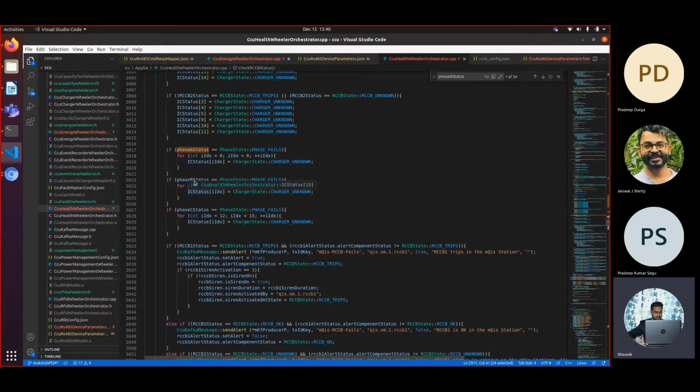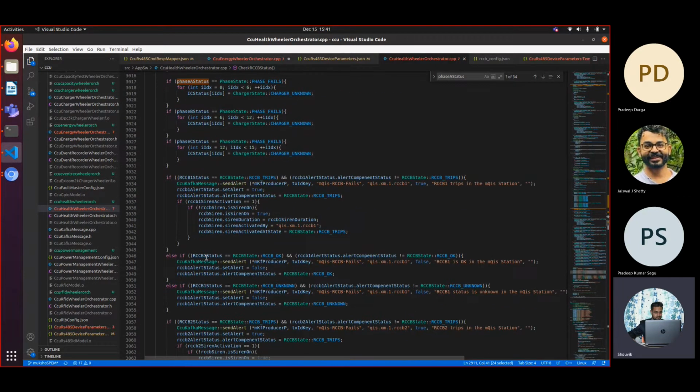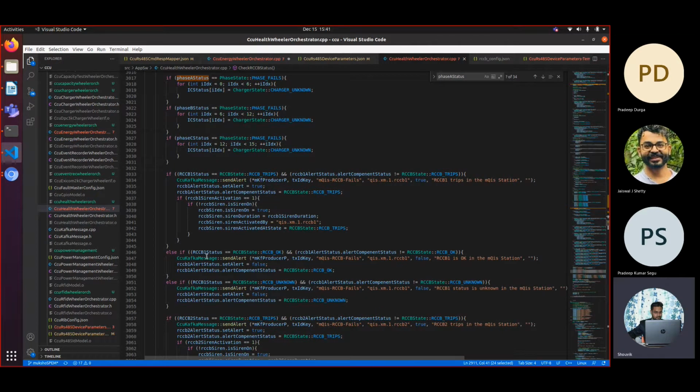In case of phase B, charger numbers 7 to 12 as unknown. And in case of phase C, charger numbers 13, 14, and 15 as unknown. So up to this point we understood the RCCB status properly, so accordingly we are sending the alerts here.